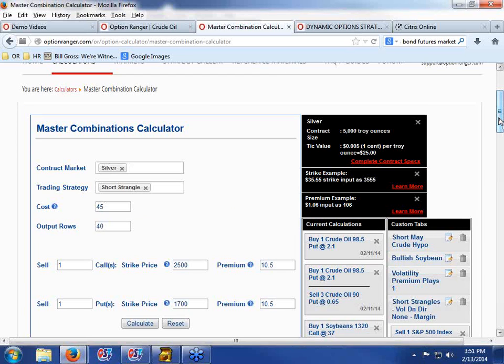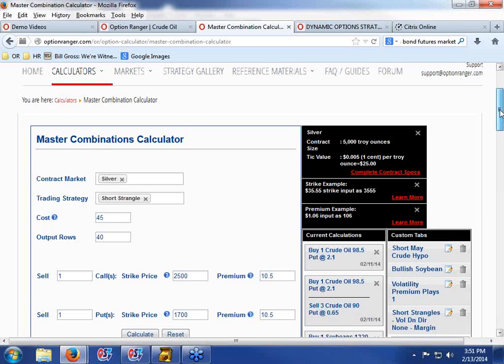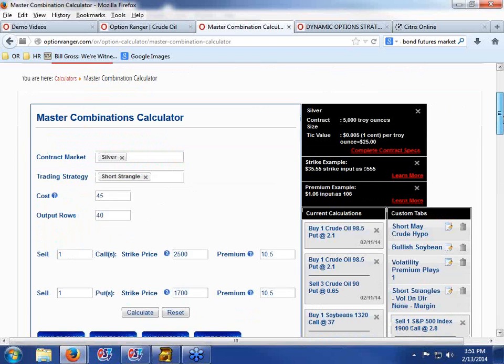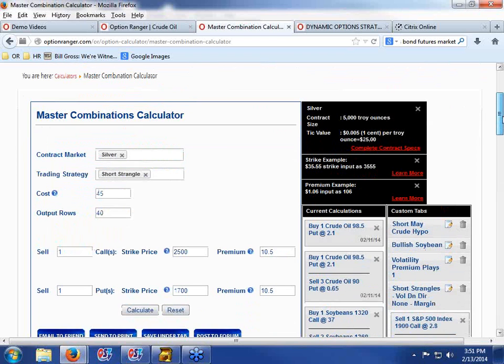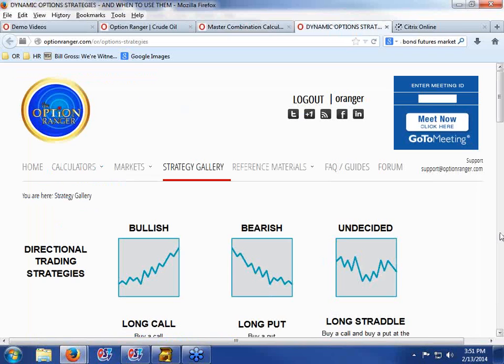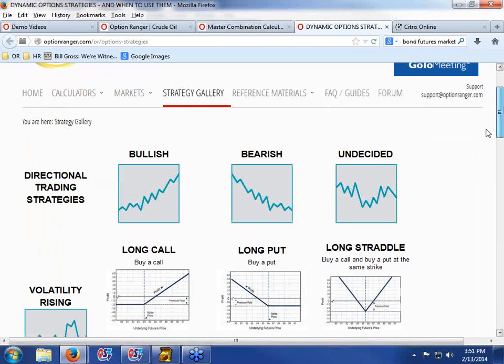We have a question before you move on. To control risk, what if you bought a put below the short put and bought a call above the short call? Can you still make money? That is an excellent question, and that is an actual strategy. What we're talking about here is an iron condor, and the strategy actually appears, believe it or not, in our dynamic option strategy section, because this is really a scenario for